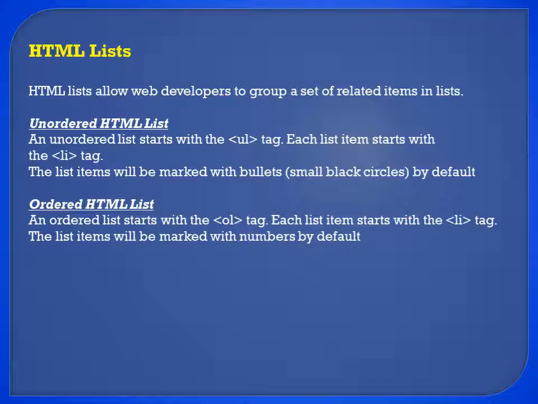Afterwards we are going to discuss in detail what the unordered list is and which bullets we are going to use, and second, the ordered list, and which marking symbols are present in an ordered list. So in HTML we are going to learn about two different lists, the unordered HTML list and the ordered HTML list.